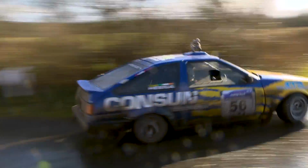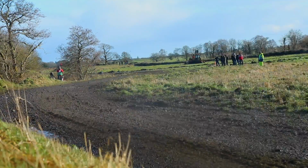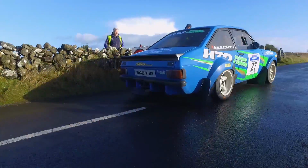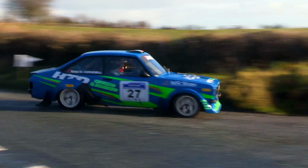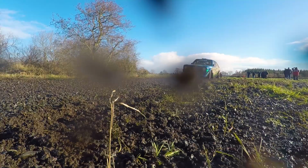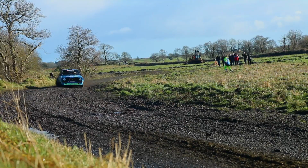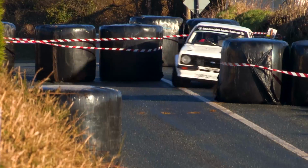Next through, the Toyota Corolla of Columba Hina and Stephen Joyce. They were 7th overall, and they also led the Class 13 battle. David Condell and Paul Kelly were 8th after 3 in the Escort and 1.4 seconds off Hina. Condell from Carlow has forestry experience, serving him well on the muddy sections,